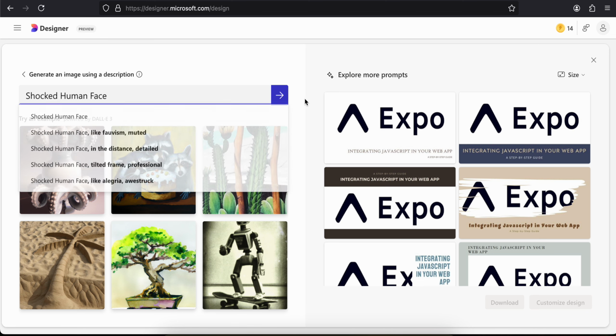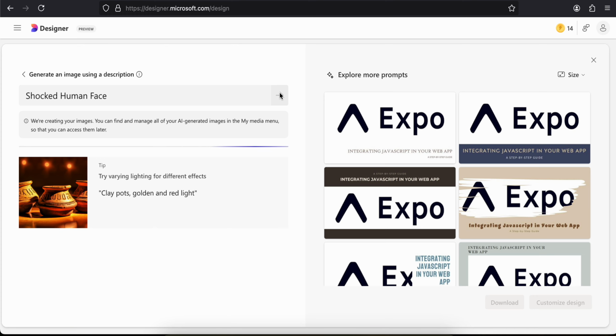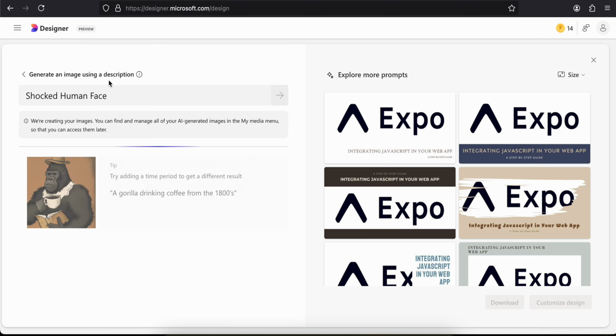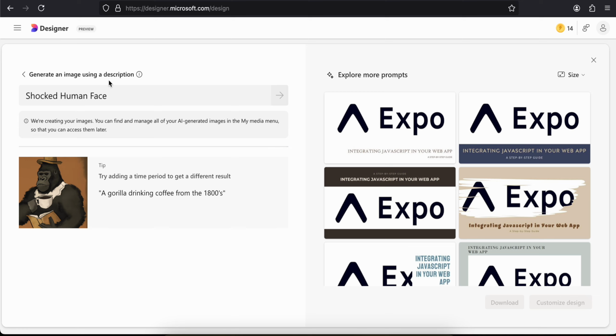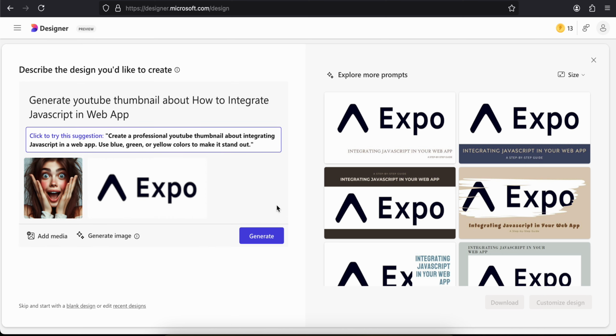If you want a proper AI image, you can use this particular thing. Now it will use DALL-E to generate particular images. So let's see, and this is 14. Let's see if it goes to 13 or not, because I have been using this tool for the past 6 months, and I didn't have to pay anything, or I didn't run into restrictions. But yeah, here you can see we get all these images, and if I select this particular image,